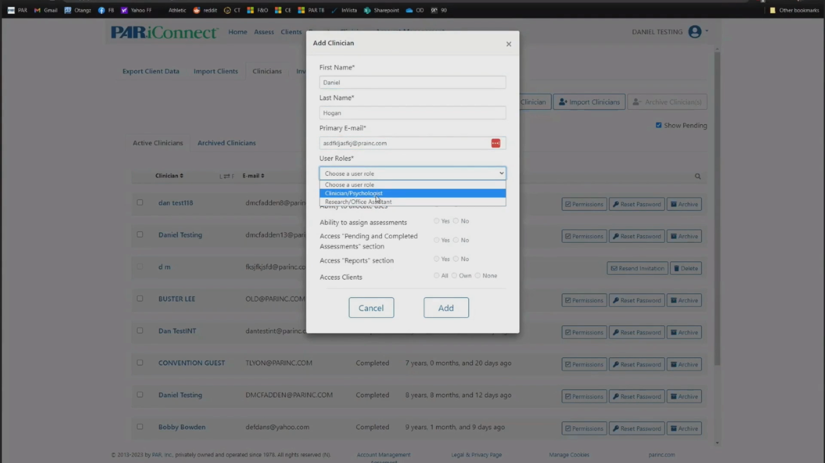There's a clinician/psychologist or research/office assistant. So pick the one that most closely matches the person you're inviting. And then you have complete control to determine what they do and do not have access to within the platform. And you can do that right here just by selecting those options. When I click add here, it's going to send that person an invitation saying, so-and-so has invited you to join